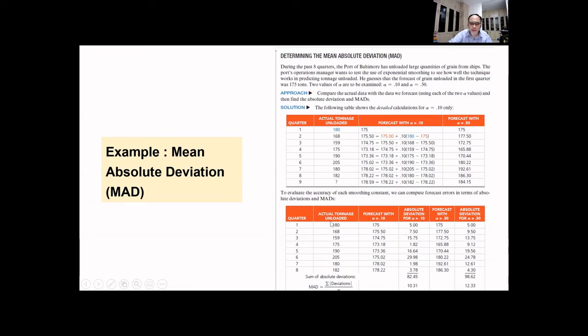And the bottom here is actually the absolute deviation for alpha 0.1 and the absolute deviation for 0.5. The mean absolute deviation is the bottom number here. So all these numbers, you add up 82.45 divided by n. n is equal to 8. So you get 10.31. So the MAD,